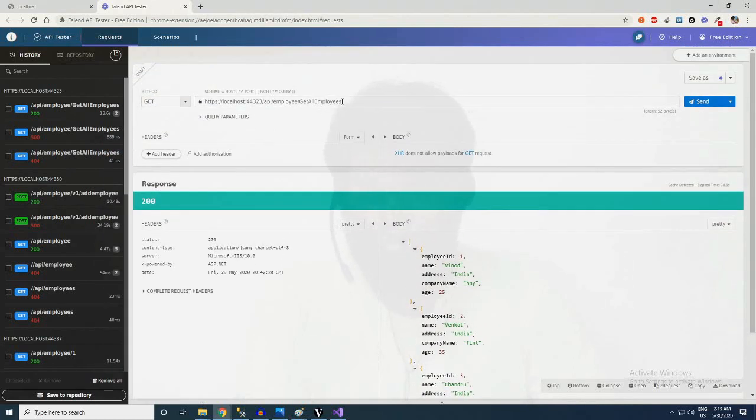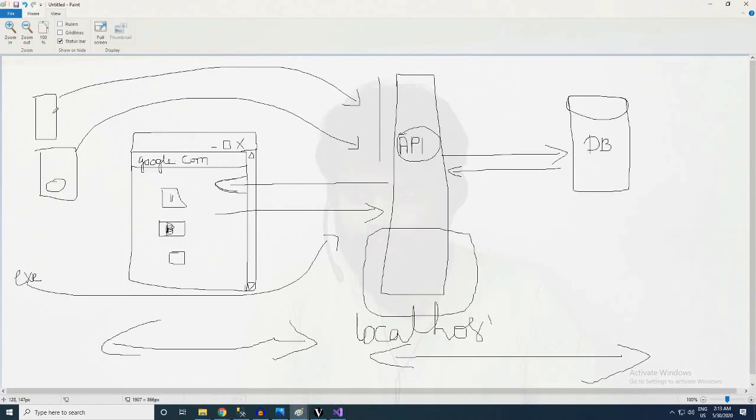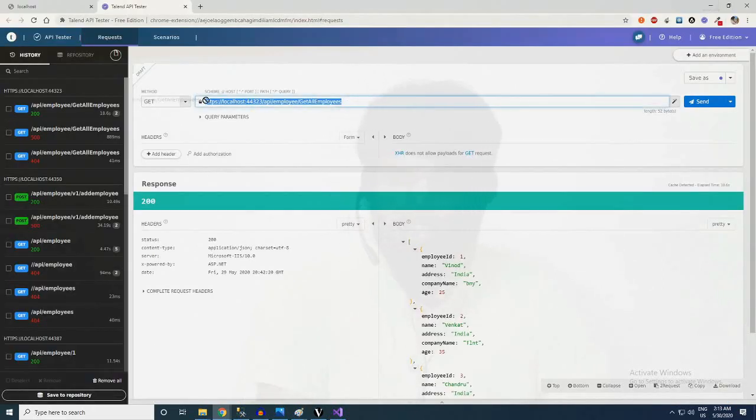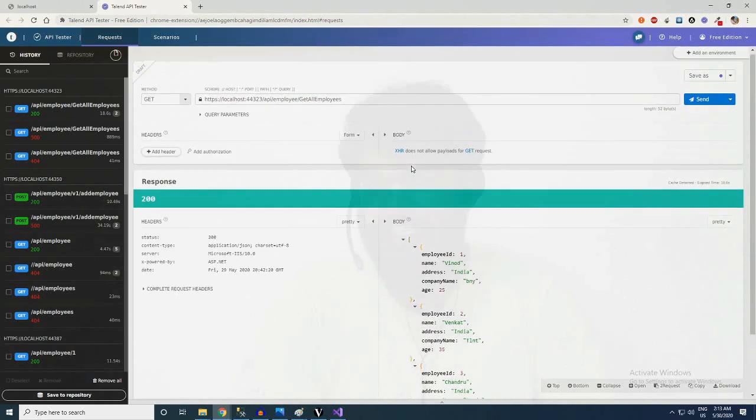So which means the end users, like them 1 2 3 4, are all able to call this method to get all the employees, and they don't need to send any data.